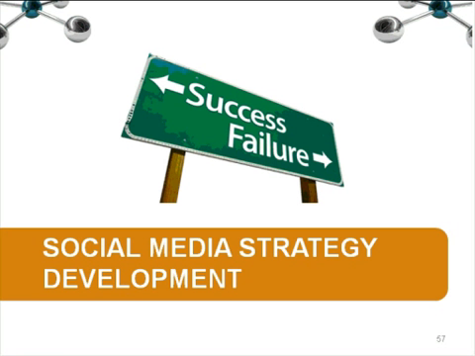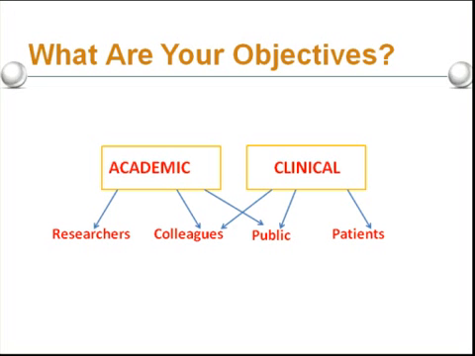So moving on to developing that social media strategy, one of the first things you want to think about really are what are your objectives. So we started out by talking about all the different ways we can be using social media to disseminate information, to engage participants, to follow up, to recruit. So it just depends what your purpose is and who your audience is. If it's more academic and more disseminating information to researchers and colleagues, that would be one way of setting something up. But if it's more clinical, you're giving information to the public, or you're trying to recruit participants, those are all different ways to use social media, and those objectives need to be clear